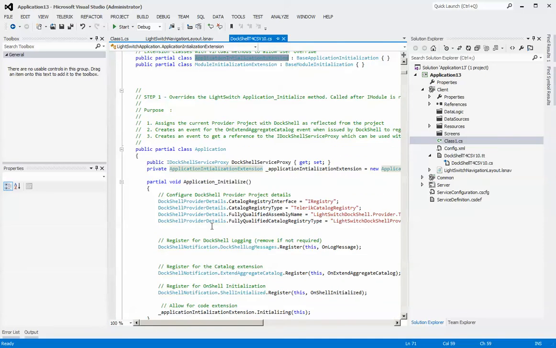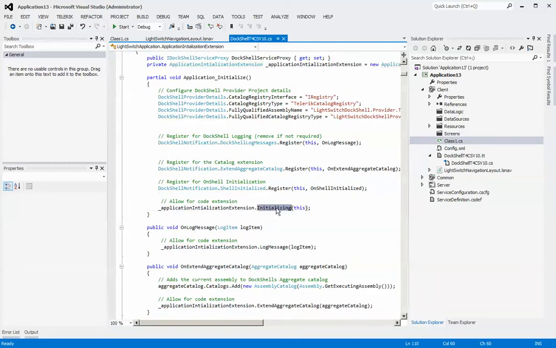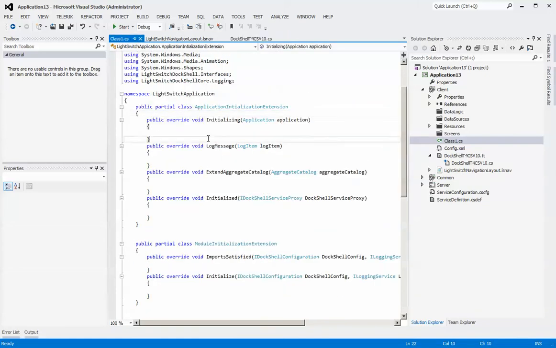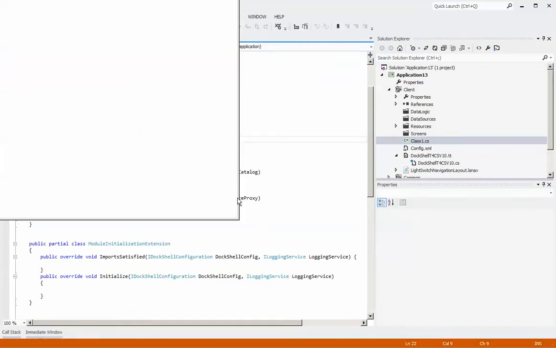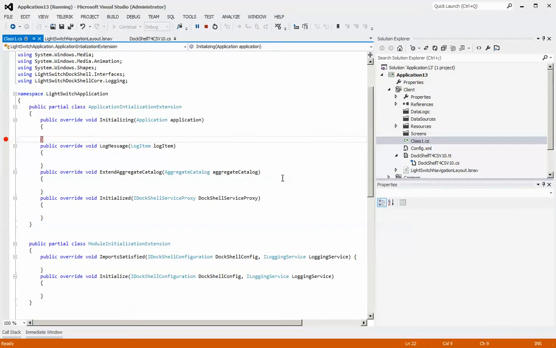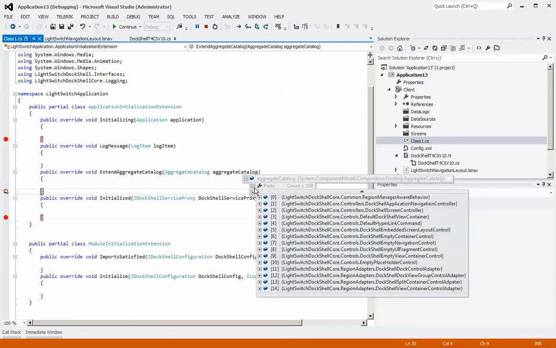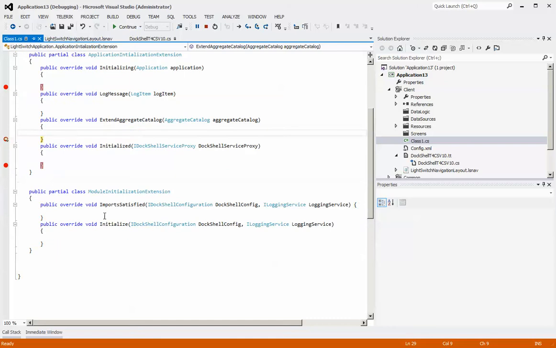And as the application is starting up and doing its initialization, it will call the virtual methods, but if you throw this class in there and use the overrides, you have the ability to basically put additional code in beyond the initialization. So as you can see here, we can look at the LightSwitch application. We can get a hold of the aggregate catalog. We can see all the parts that have been built so far,